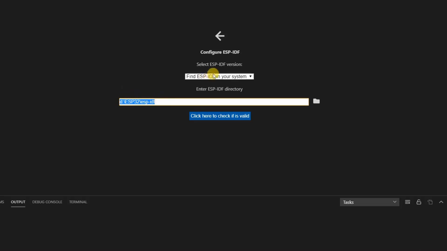So this is the path where we have installed our ESP-IDF and simply click here to check if it is valid. And detected ESP-IDF version 4.2. Click on go to ESP-IDF tool setup.